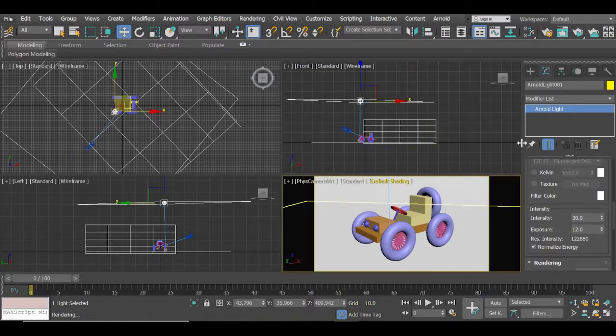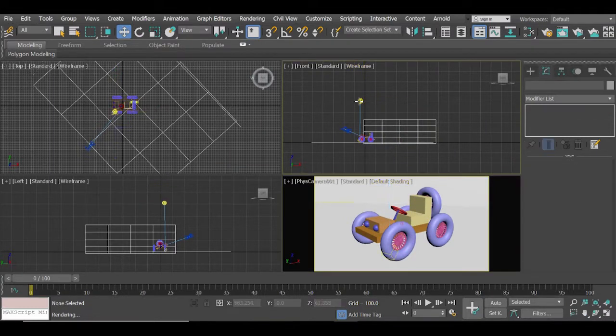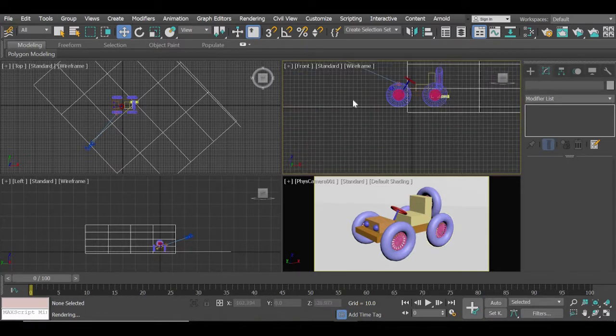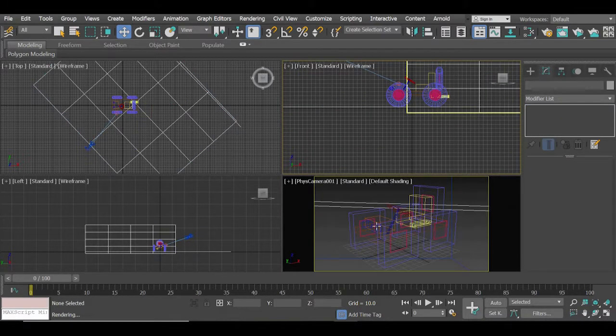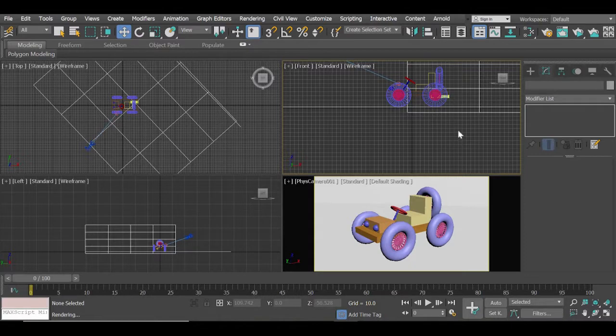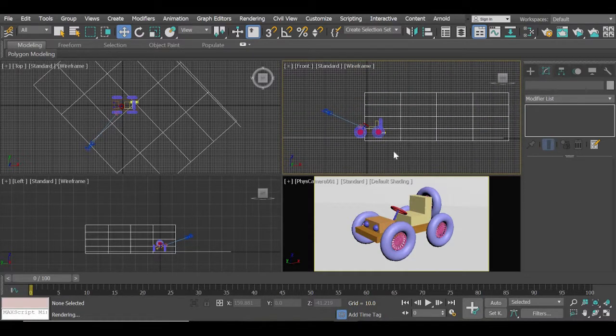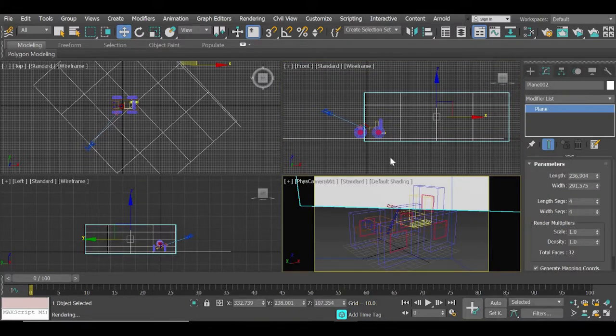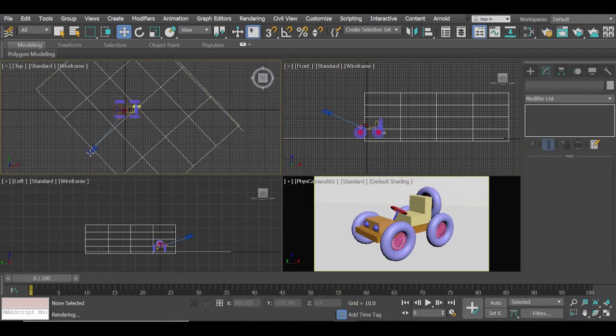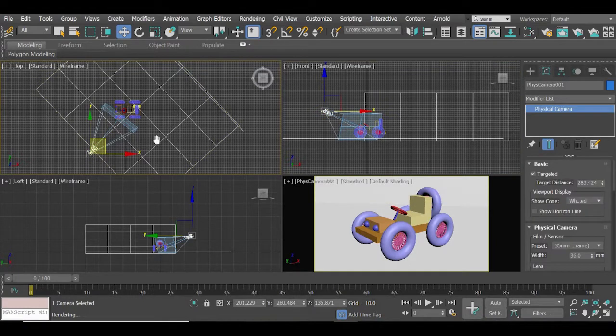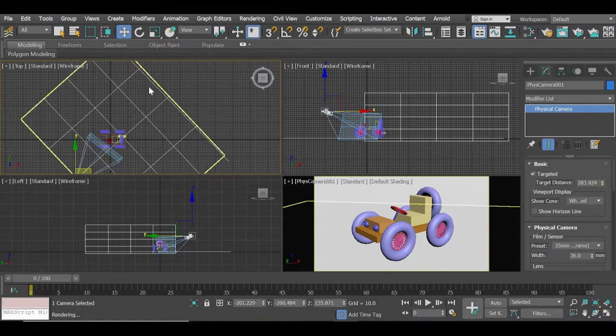So I'll just work on this file. There's a light here which I will delete, and everything else is same as in the last scene. I had my car and then I had a plane for the floor. When you want to create a rendering, your object has to have a base and then there has to be a background. So I created another plane and then I added a camera, and then the plane is approximately parallel to that